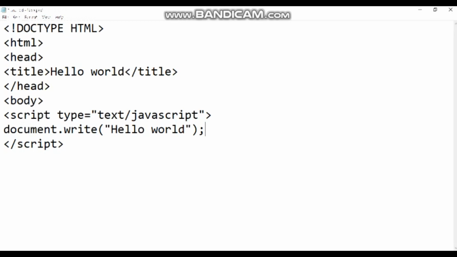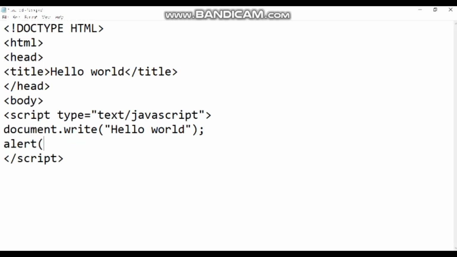Therefore, the parameter of write may include a break tag. Say if you want to give some alert, that alert can also be given something like this, using the alert method. This alert method will open a new dialog box. Alert, confirm and prompt are three methods under the window object. It displays a new kind of dialog box.